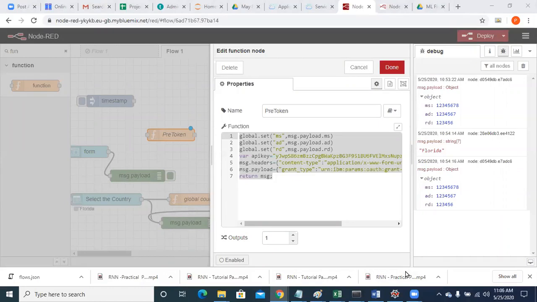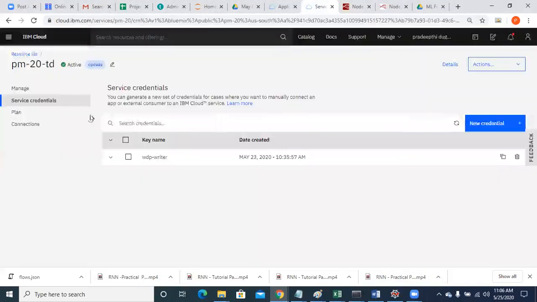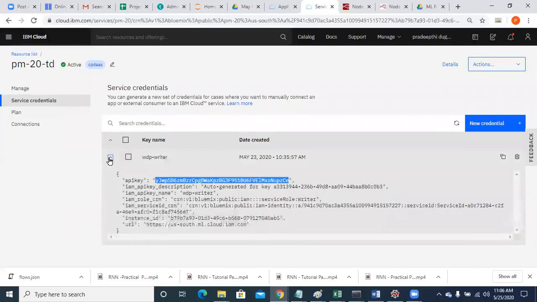It's just to retrieve an OTP, right? So in order to get the OTP, first of all, you have to enter your credentials. Am I right? So you can consider these as your credentials. In the service credentials, if you scroll up and open this, you'll have some credentials which are already created, guys. If you open this, then here you will have your API key.